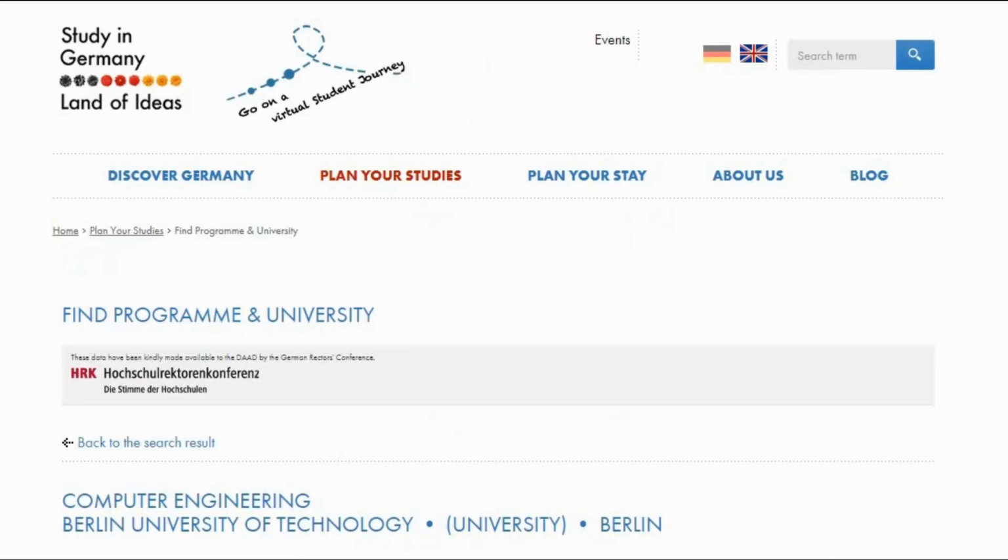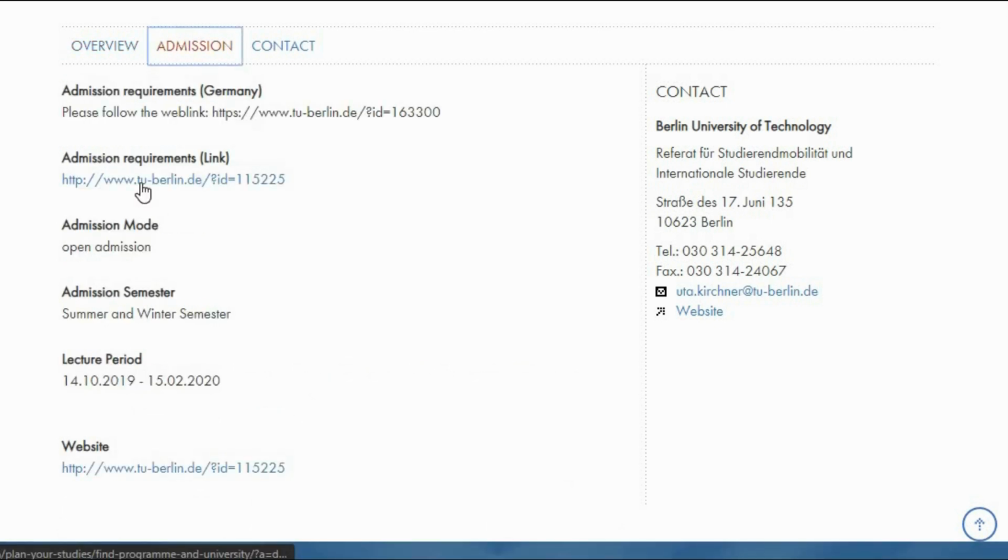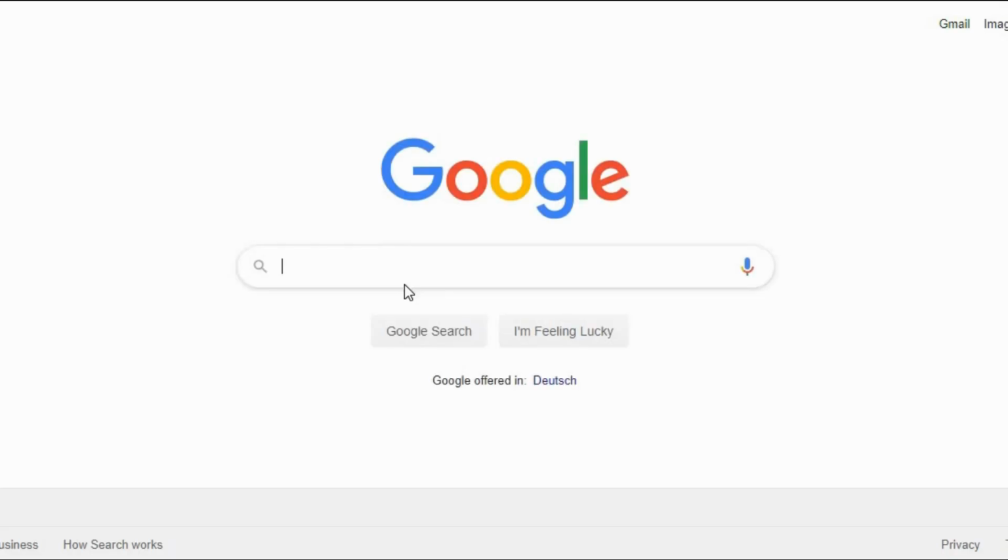Let's say computer engineering. The language of instruction is German. Further language English, 4 semesters. Admission. From this link you can go to the website and follow the procedure for your admission. And this is how you can find the programs. You can also find the programs on